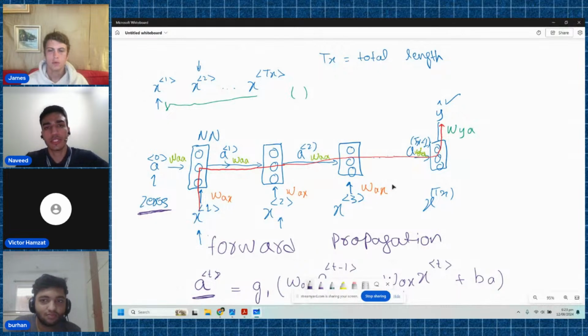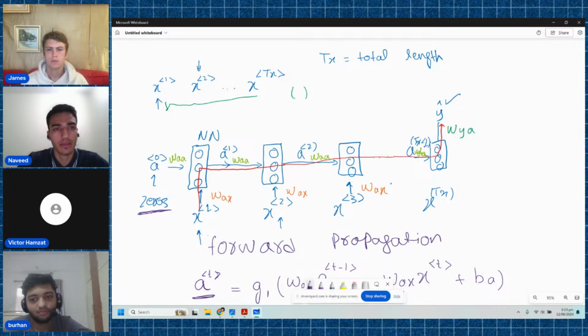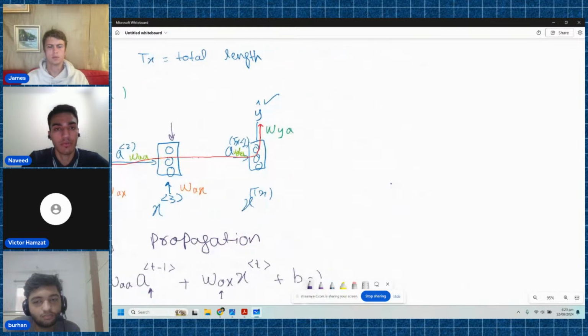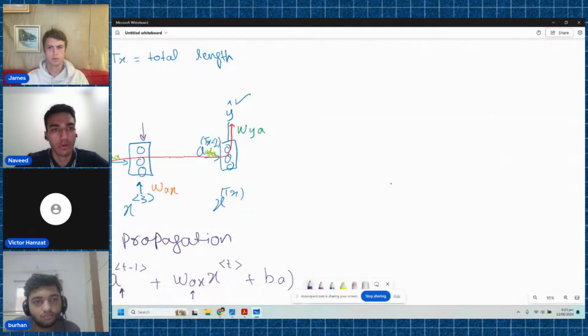Now this representation that I have drawn here is usually the unrolled representation. I'm simply taking the same architecture and unrolling it through time. That's why you see these different networks drawn over and over again. But usually, if you read through a deep learning book or any machine learning book, these recurrent architectures are drawn like this. You have this network, and then there's an input to it, which is represented with xt,